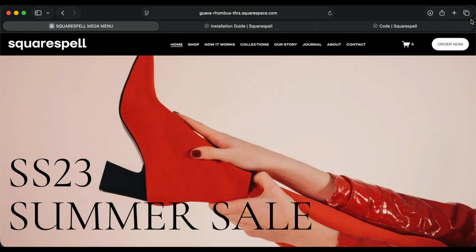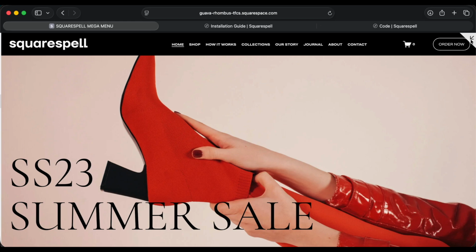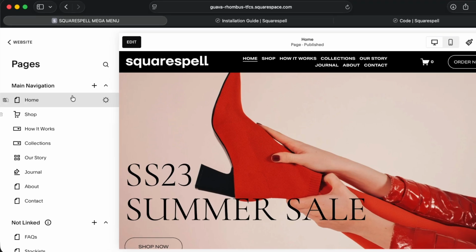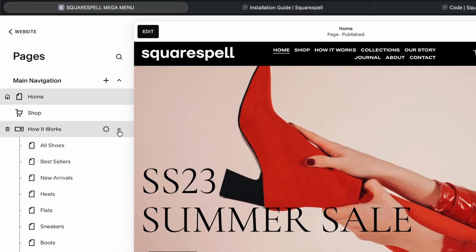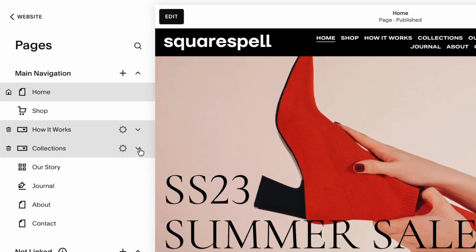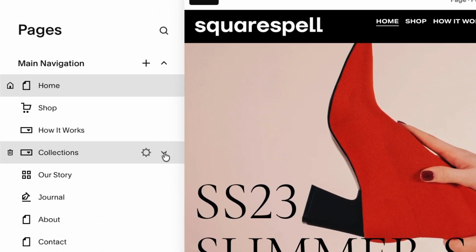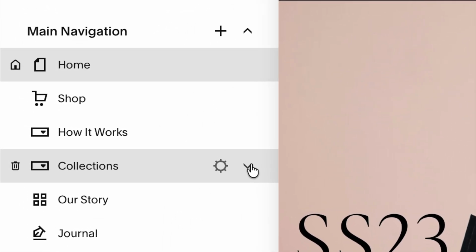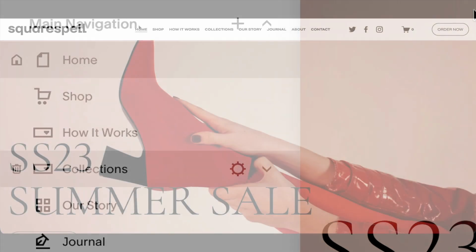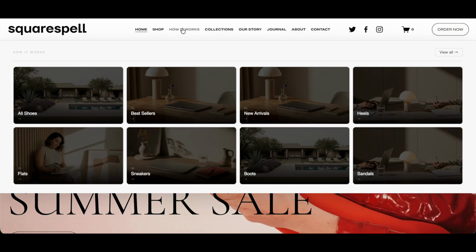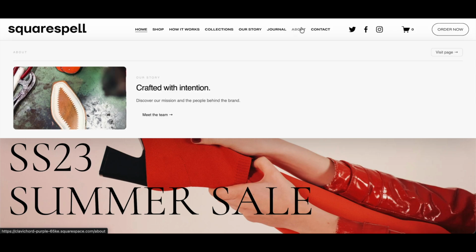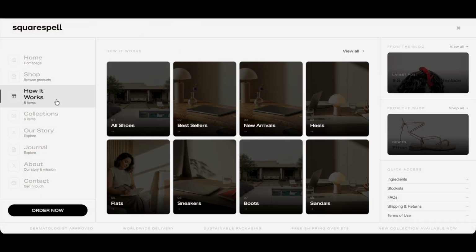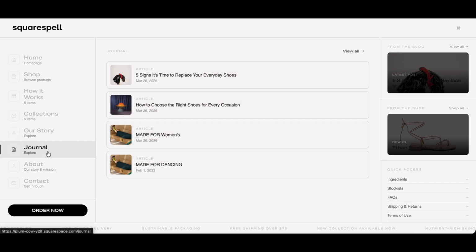To get started, log into Squarespace and open your website. First, make sure your navigation is set up the way you want it: your home, about, shop, blog, whatever pages you have. Just add them to your navigation like you normally would. The plugin works with whatever structure you already have. Folders in your nav become drop-down panels. Regular pages get a hero image, and shop or blog pages automatically pull in your products and posts with thumbnails